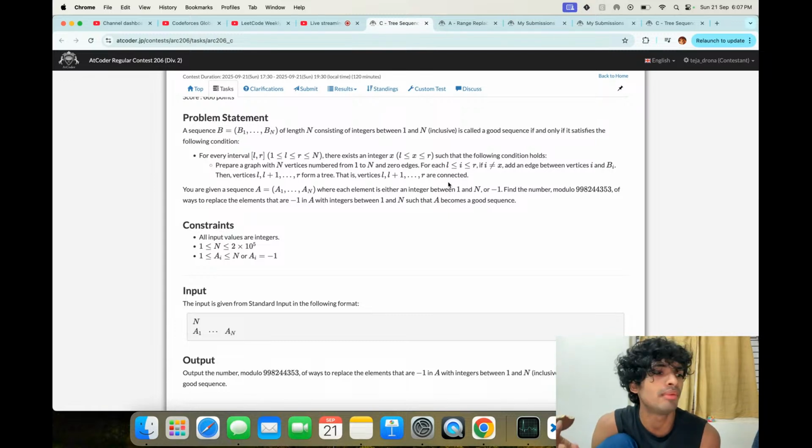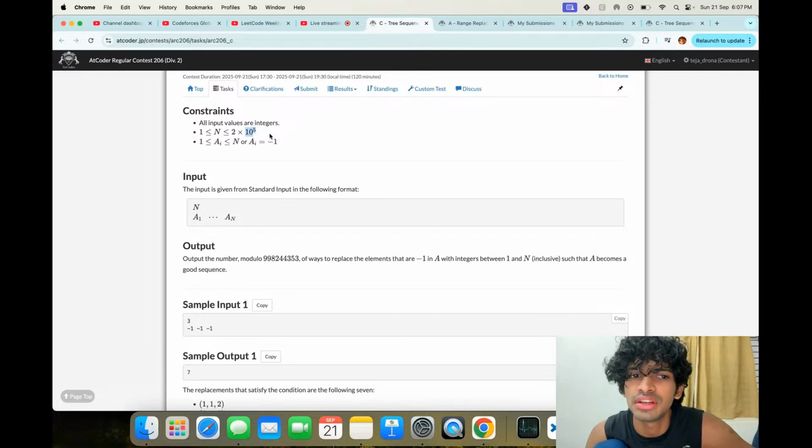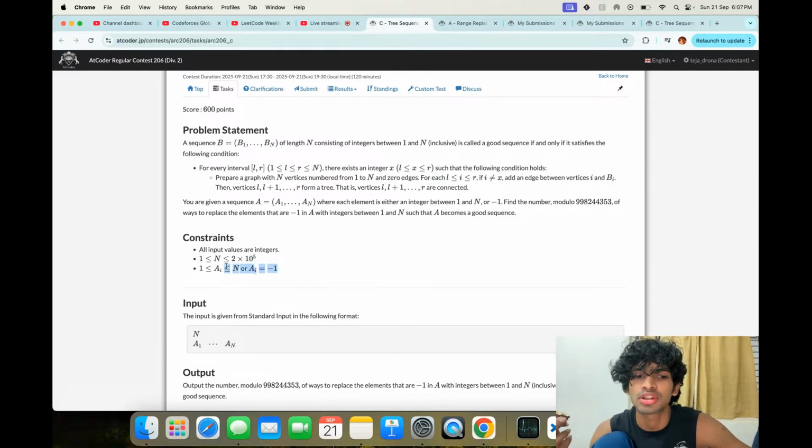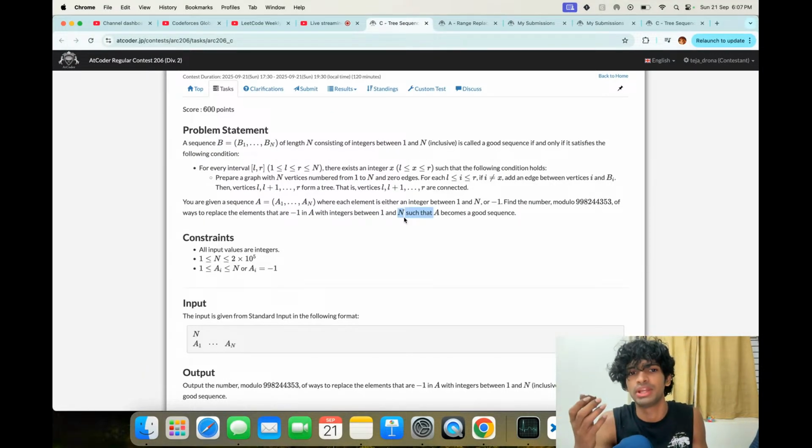So again a problem where you have to put some work. First you have to logically work on what it means for a sequence to be good. And then you have to count the number of possible good sequences. When all the values are such, you will count all possible numbers of good sequences, right? So you have to work and simplify first what a good sequence is. That's the first step. And then you have to think of this problem. So it's not like not doable, right? You know what to do, at least in the beginning.